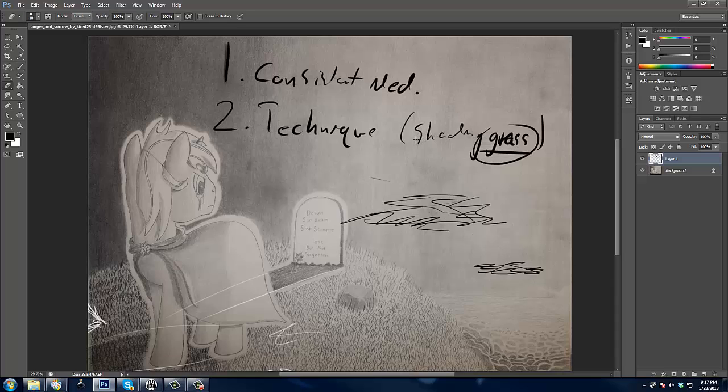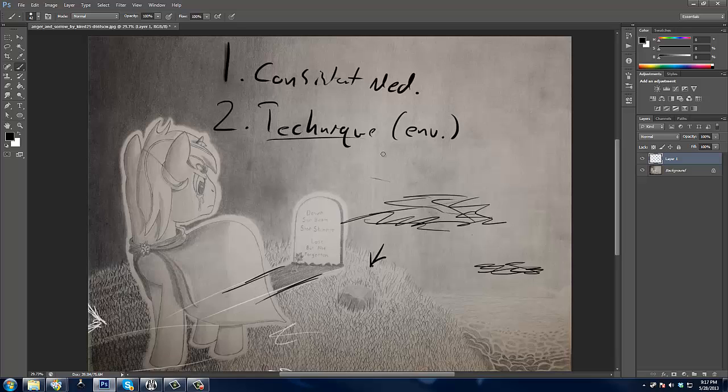I should honestly just write, get rid of that and put environment. So stuff like the grass. Your rock's really good. I like your rock. But grass mainly, and this dirt and how things are placed. So the technique and placement. So environment placement. And then 3, pony